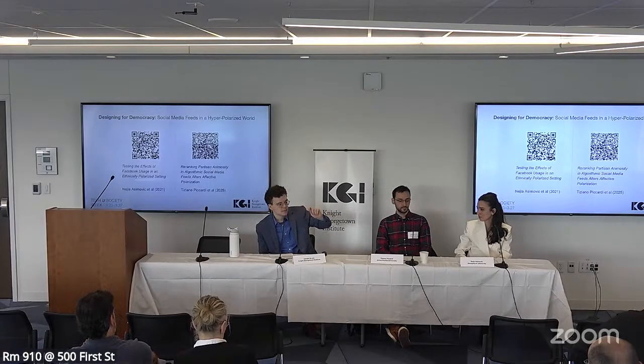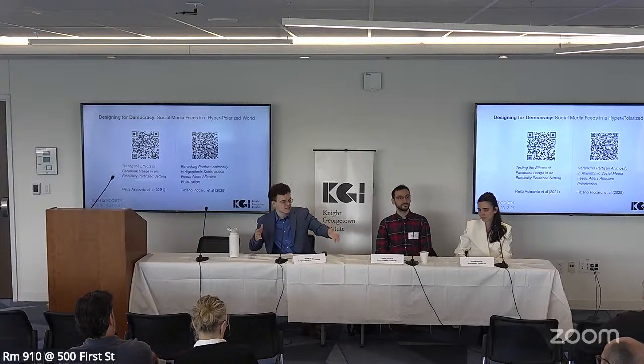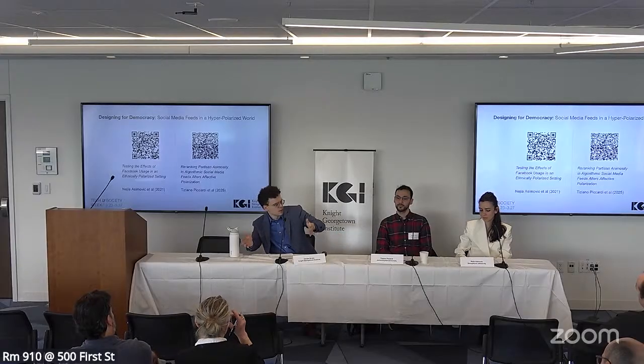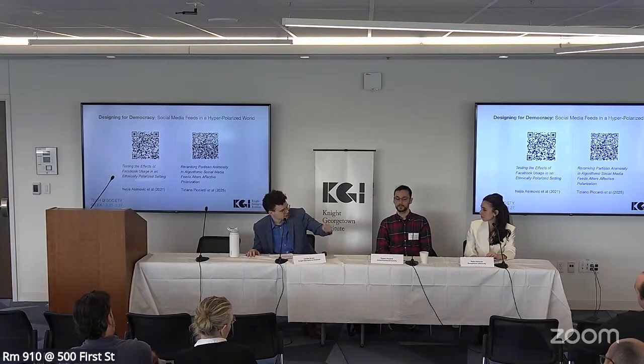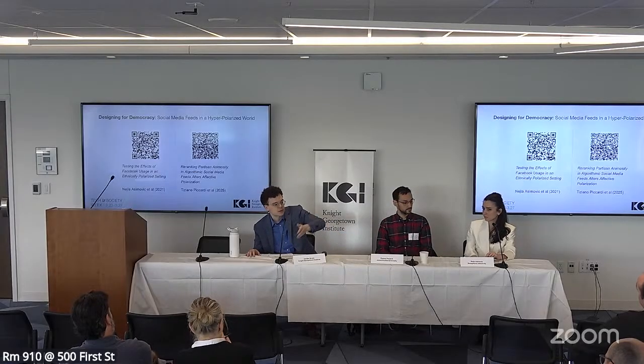I think when we talk about algorithms, it's easy to compare, like, if the algorithm was designed this way, or if it was designed that way, it would have this effect. We also have to think about the fact that social media has offline consequences, right? And one of the things I find really fascinating about your study is how it draws attention, very specifically, to a key offline consequence, which is what time on social media takes away. You know, when you're not using social media, what more time do you spend on different activities?